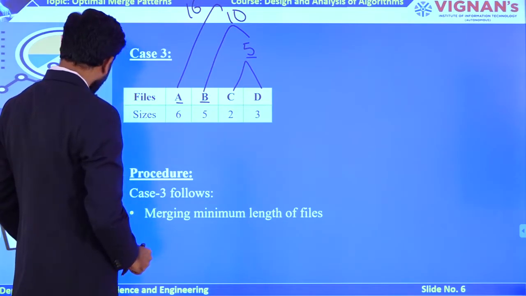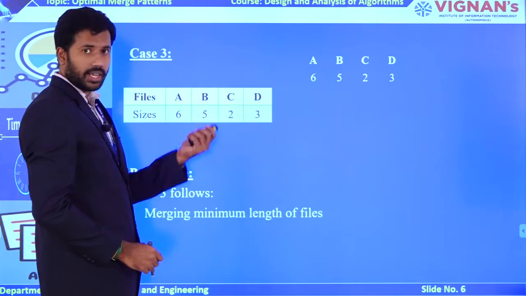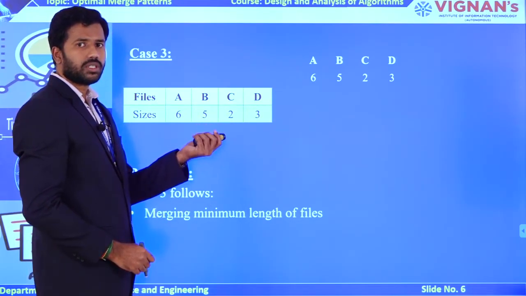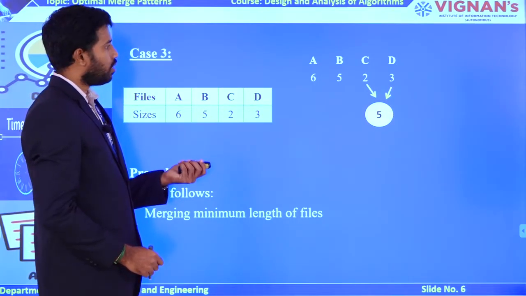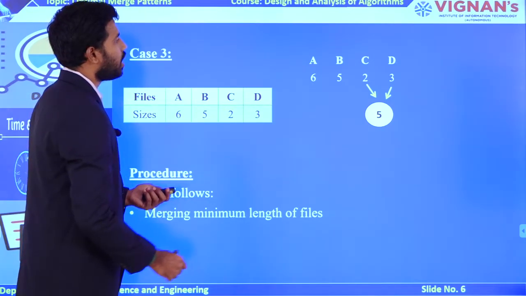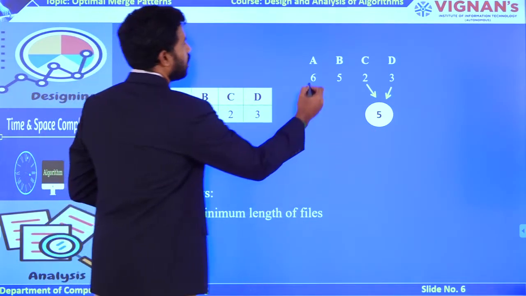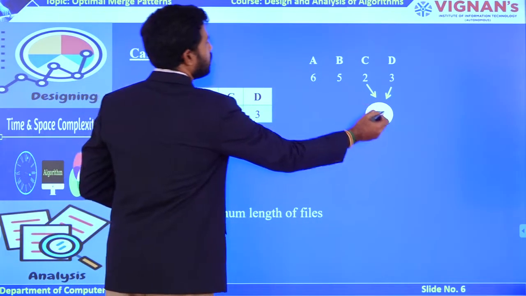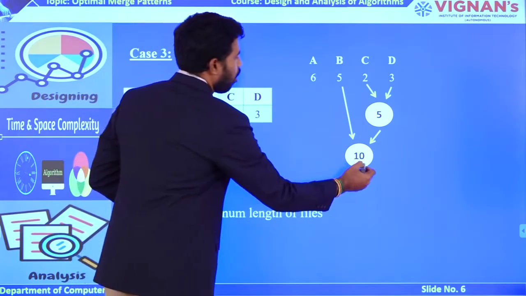Okay. So now try to observe the tree structure, how it is going to be. I am going to have 4 files with the sizes like this. So initially I am merging C and D. Why? Because C and D have the least sizes. If you merge these 2, 2 and 3 become a merged file 5. Now this is going to be merged with file B. Why? Because at this level, how many files are there? A, B and 1 merged file. So among these 3 files, what are the least 2 files? This merged file as well as file B. Right, now I am merging these 2. Now at this level, how many files are there?